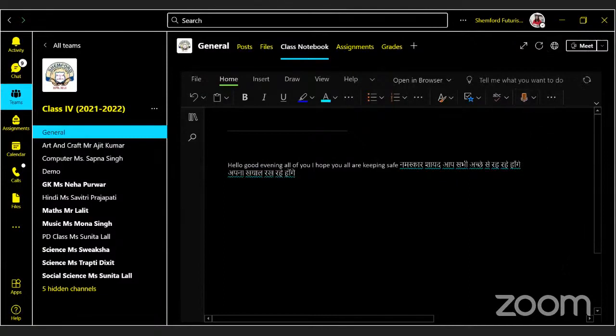So can you see that on the screen? Can you see that on the screen? Yes, ma'am. So this is a wonderful tool. Number of languages are available. You just have to click on dictate, select the language, speak, and it will type for you. If you are not in a mood to type your assignments, you can just dictate and that will be typed for you.